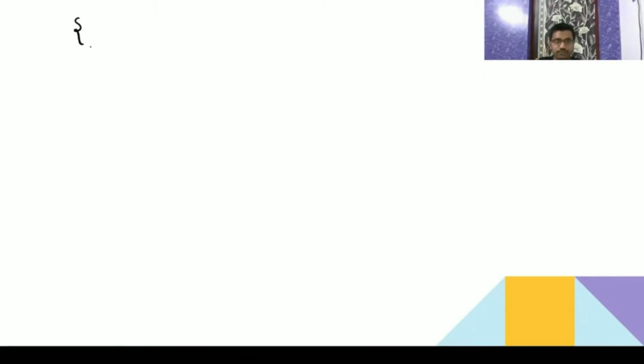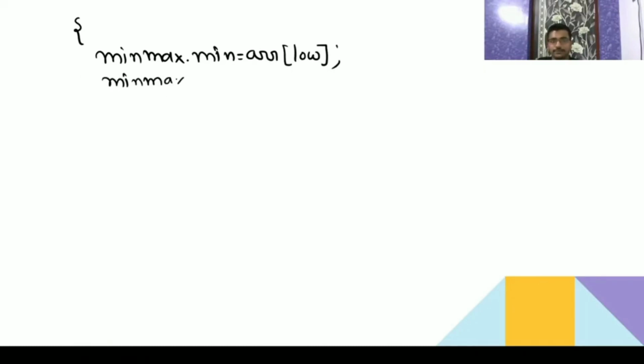If this case is true, then minmax.min is array of low, or high, you can write either, because both indices are the same, and minmax.max is array of high. Got it? If you have only one element, your work is done, then return minmax.